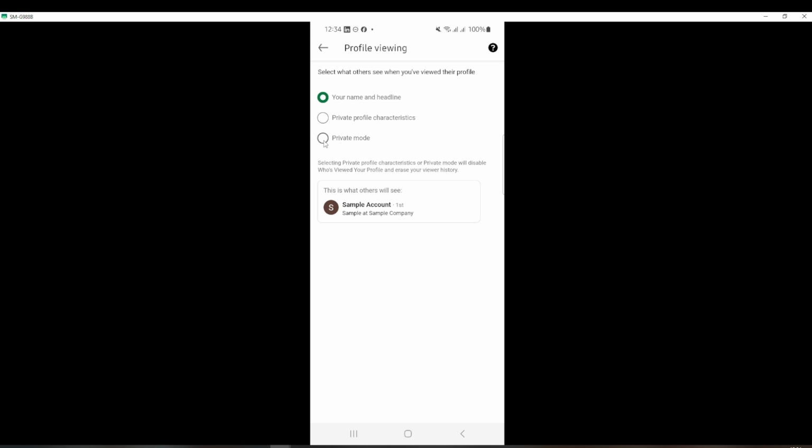When you choose this, your profile will be anonymous to others as you browse through LinkedIn. People will see a generic, anonymous LinkedIn member rather than your profile specifics. Just like that, you've activated Private Mode, and you can browse freely, knowing that your identity remains hidden from other LinkedIn users. Whether you're doing industry research or simply curious about someone's profile, this feature ensures your privacy while exploring